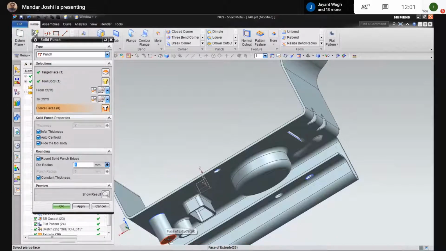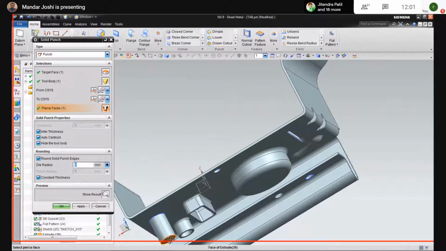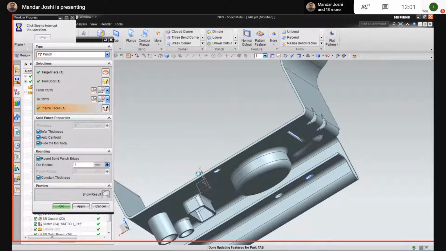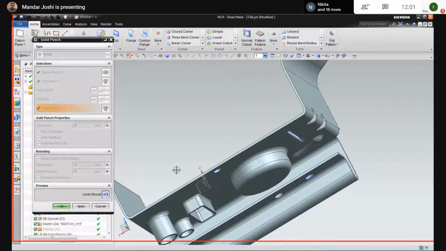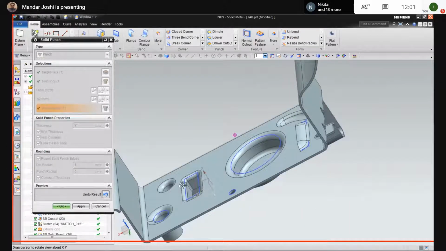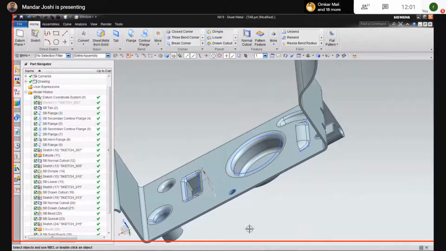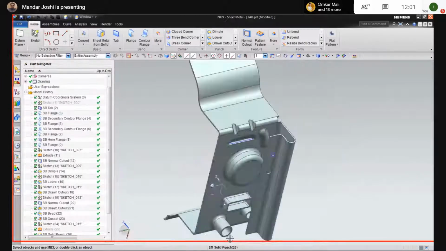While doing the shell, where you remove the faces, similarly here also unnecessary faces you can remove. I am selecting this bottom face. Now see this preview. Click OK. The faces get opened.